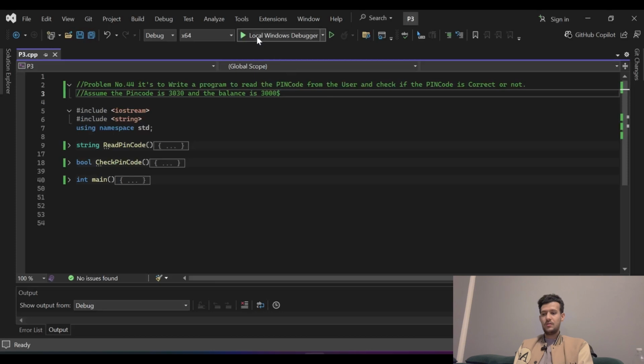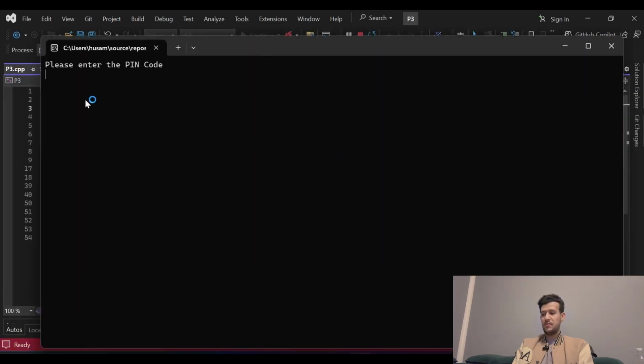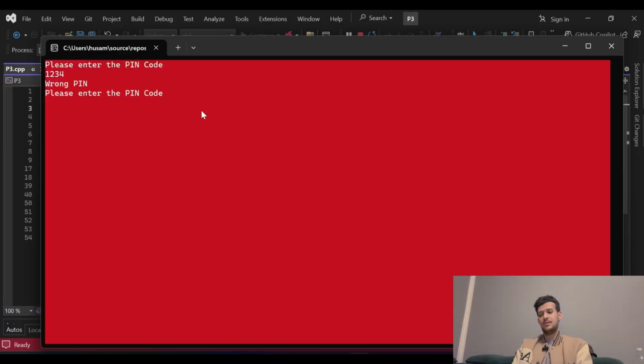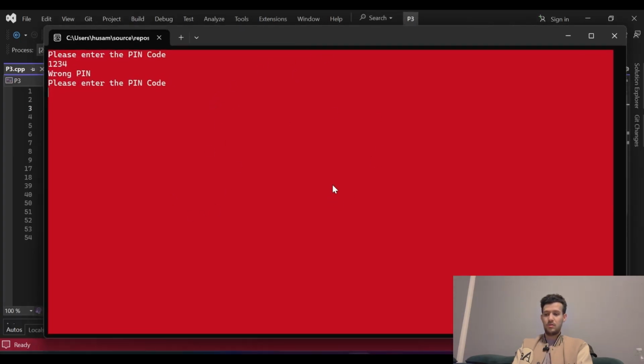First, let's run the program to see how it looks. Once we run it, it displays this question: please enter the PIN code. If I insert a wrong number, not 3030, for example 1234, the background of the console screen, now black, should be red because it's wrong. It displays wrong PIN. Please enter the PIN code, because 1234 is not our PIN code, it's not the correct one. It's not 3030. So the background of the console screen becomes red, and it displays the string wrong PIN,